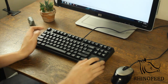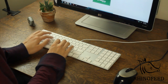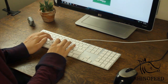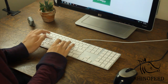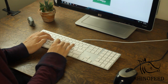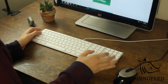And now let's go to the Apple wired. My wireless keyboard doesn't work with my PC. Alrighty, same test. And that one is the quietest keyboard of them all, as expected, although I really enjoy the MX Browns and